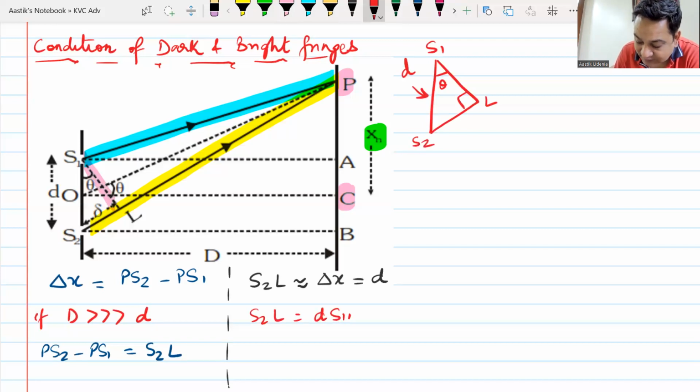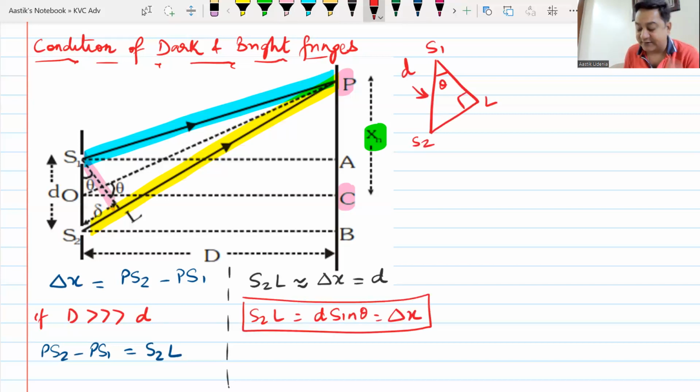S2L as d sin theta, which becomes my path difference delta x. Do we understand this? Yes, sir. Again, if capital D is very, very large compared to the small d, we can